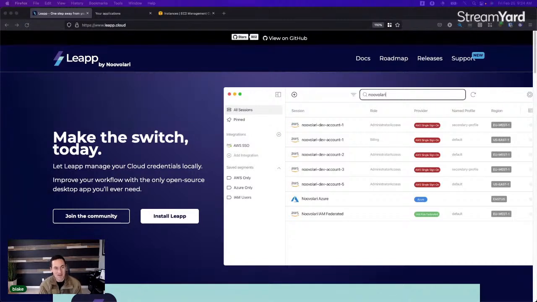So yesterday, I released a video about modern SSH with Leap and AWS SSM. Little did I know that they were going to roll out a complete new rebranding of the Leap product and kind of completely redo everything that they've done and make it look much nicer. But I figured I would do another video as an update to my video yesterday to kind of go through